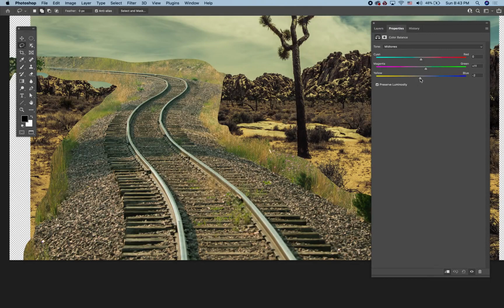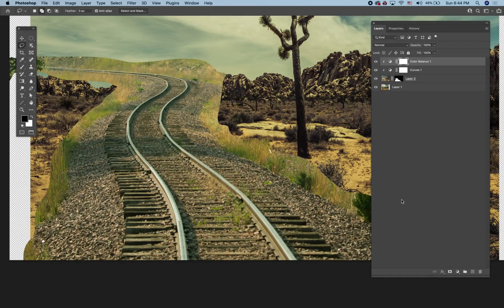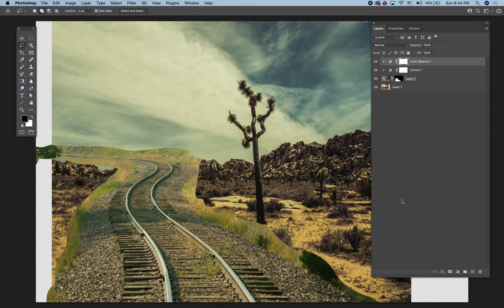I could, just to help a little bit, make it a tiny bit yellow, and that'll help it to match a little bit more. We're going to get into that more as we go forward. Okay, now keep in mind through this whole demo that I'm doing this very quick sort of 15-minute demo of an image that really, if I were working on it seriously, I would take a few hours. So there's going to be imperfections, things that I can't fix during this time period, but you'll get the gist